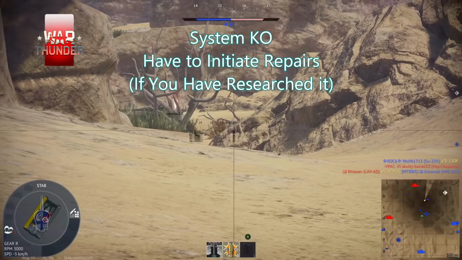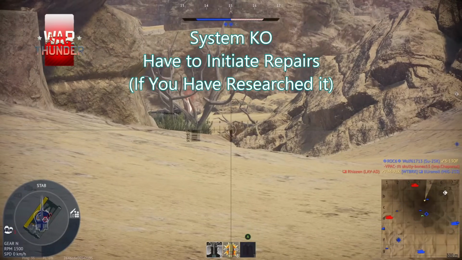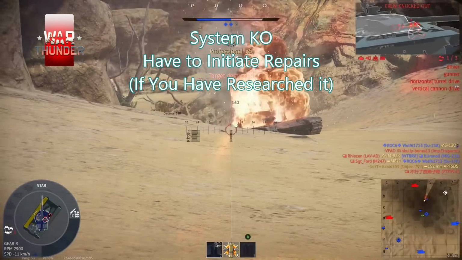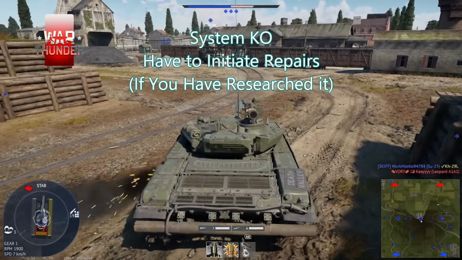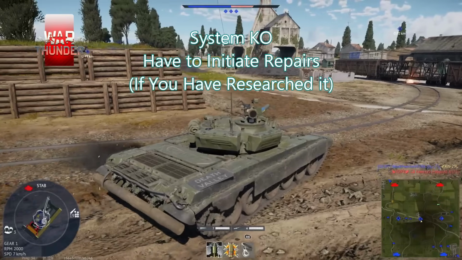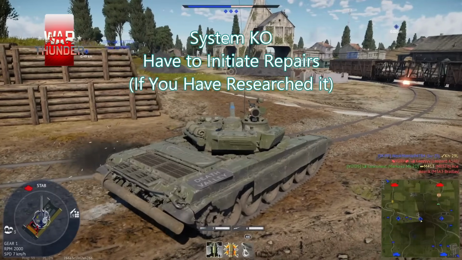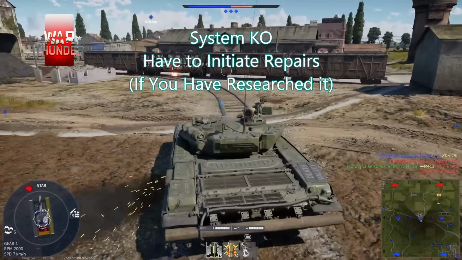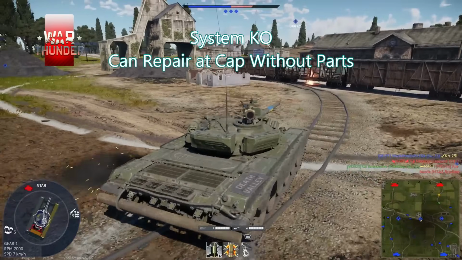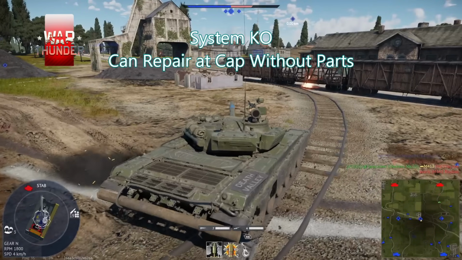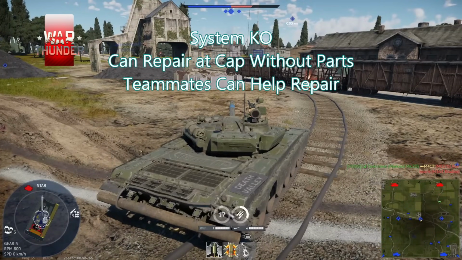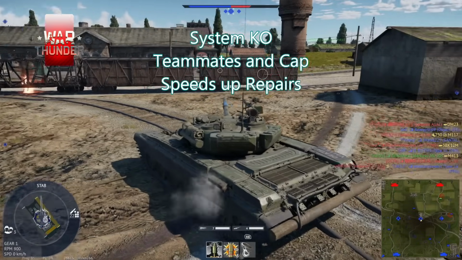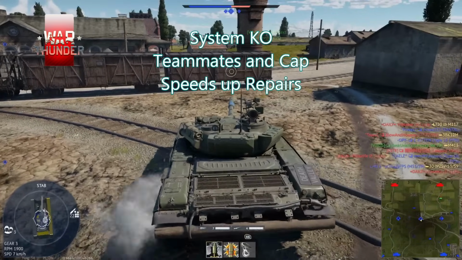Now, of note, if you don't have the parts modification researched, you won't be able to repair it to full capacity. In the example in the background, you can see my engine is heavily damaged, but I don't actually have parts, so I am doddering along at a mere 7 kilometers an hour, trying to get to a capture point. If you get to a capture point, you can repair even if you don't have parts. Additionally, nearby teammates that have the parts modification researched can also help you, or if you are on a capture point or you have teammates nearby, they can also help speed up the process even if you do have